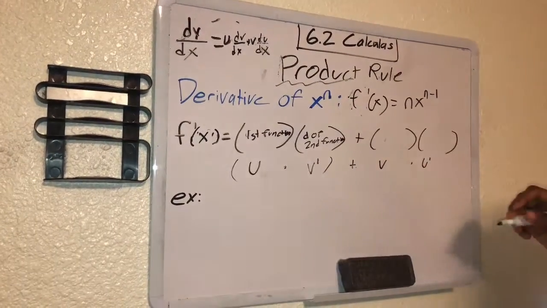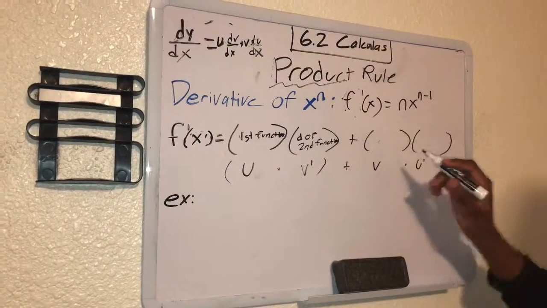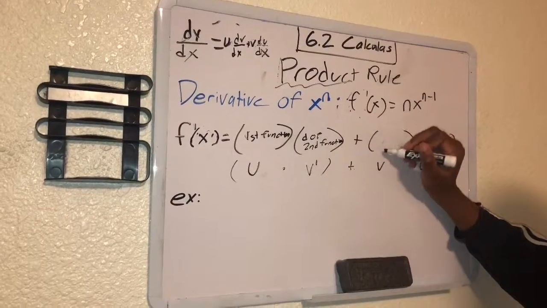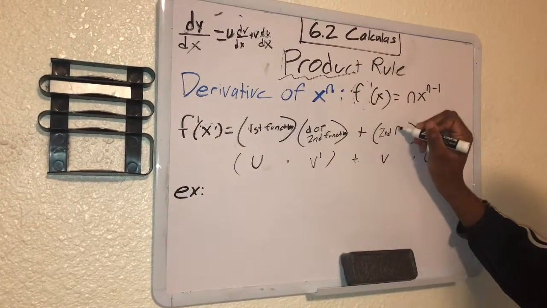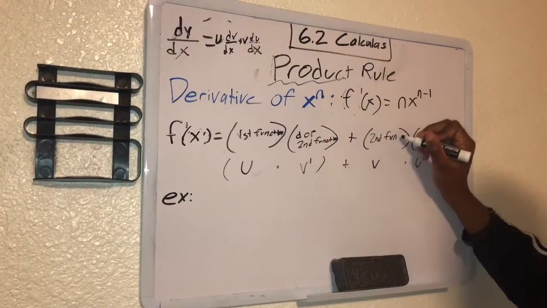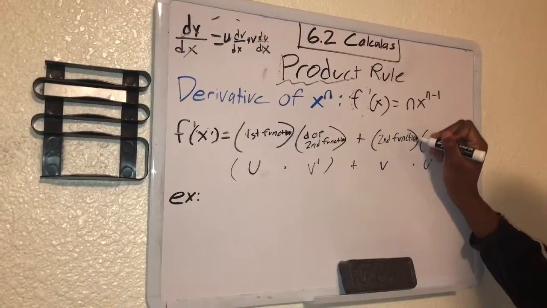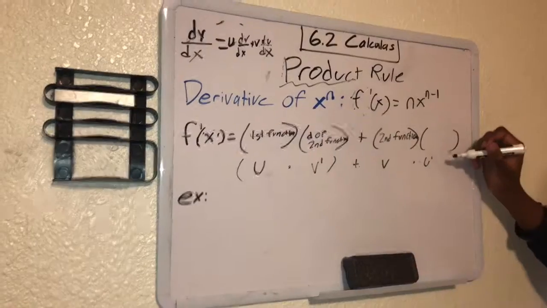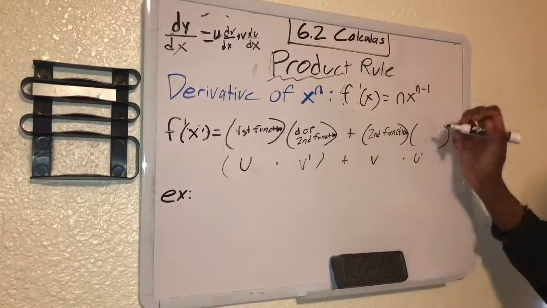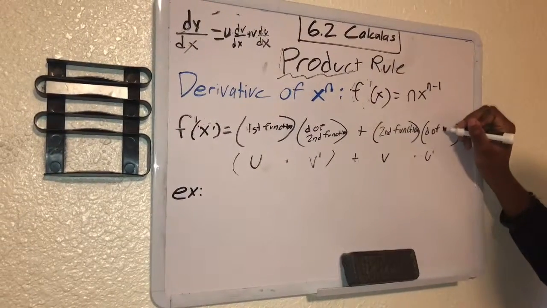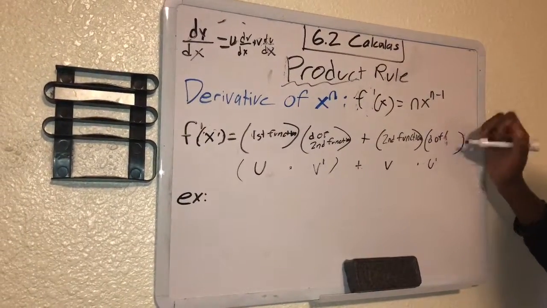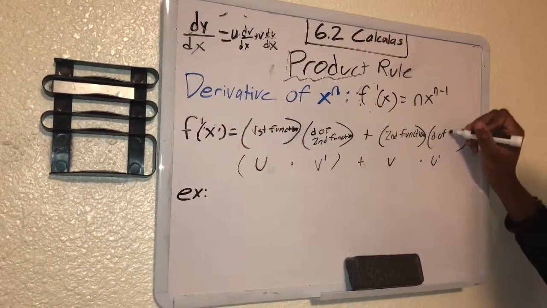Sorry, it's squeezed in over there. And then you have the normal second function, just the normal function. And then you have over here the derivative of that first function. So d of first